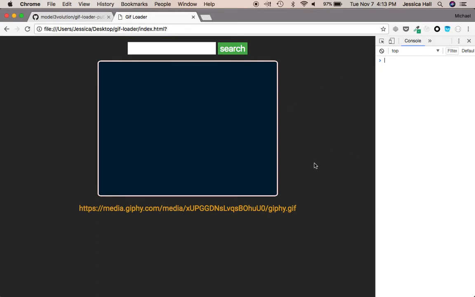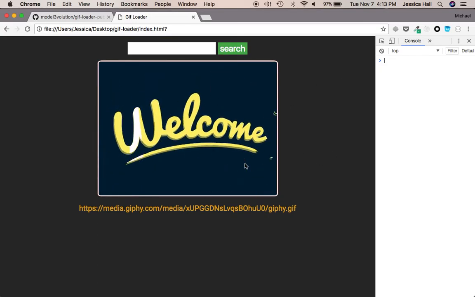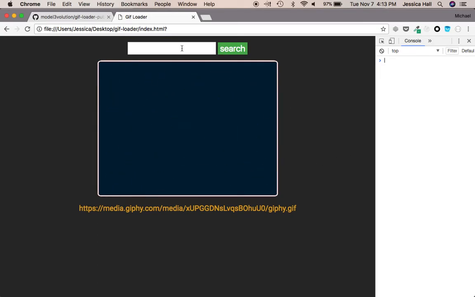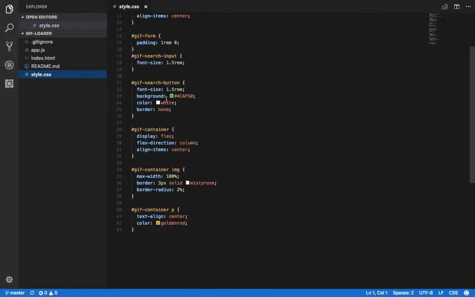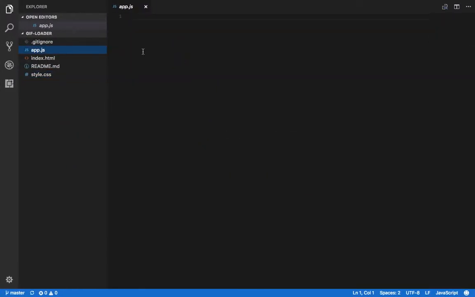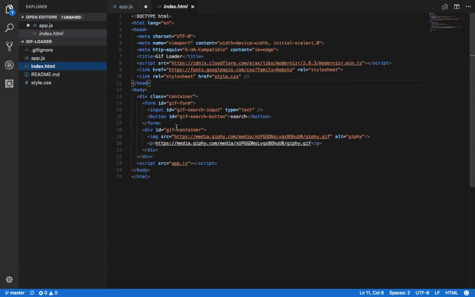Perfect, and that'll give us context as we go along. So the first thing I want to do is grab that input. The way we're going to do that is simply say const, and let's go ahead and grab, I was going to do input, but if you look here,